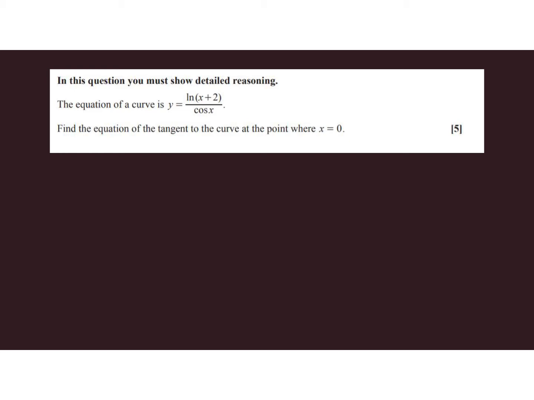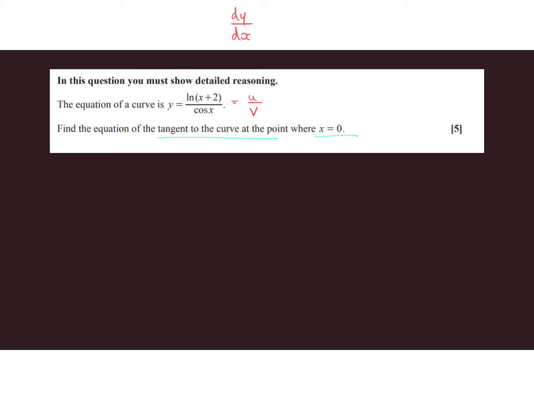So we've been given the equation of a curve and we're required to find the equation of the tangent to the curve at a particular x value. So this question will require us to be able to differentiate this function. Now it is set up in the format of a quotient, which means we're going to use the quotient rule